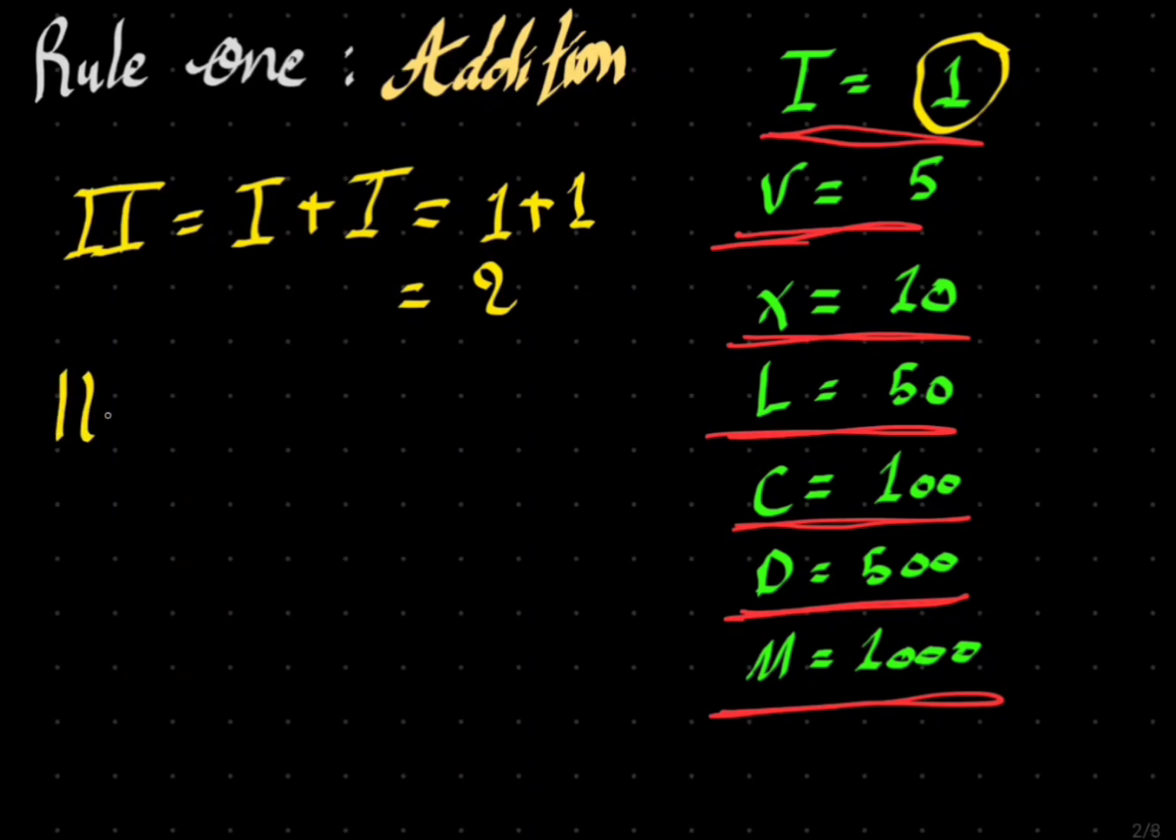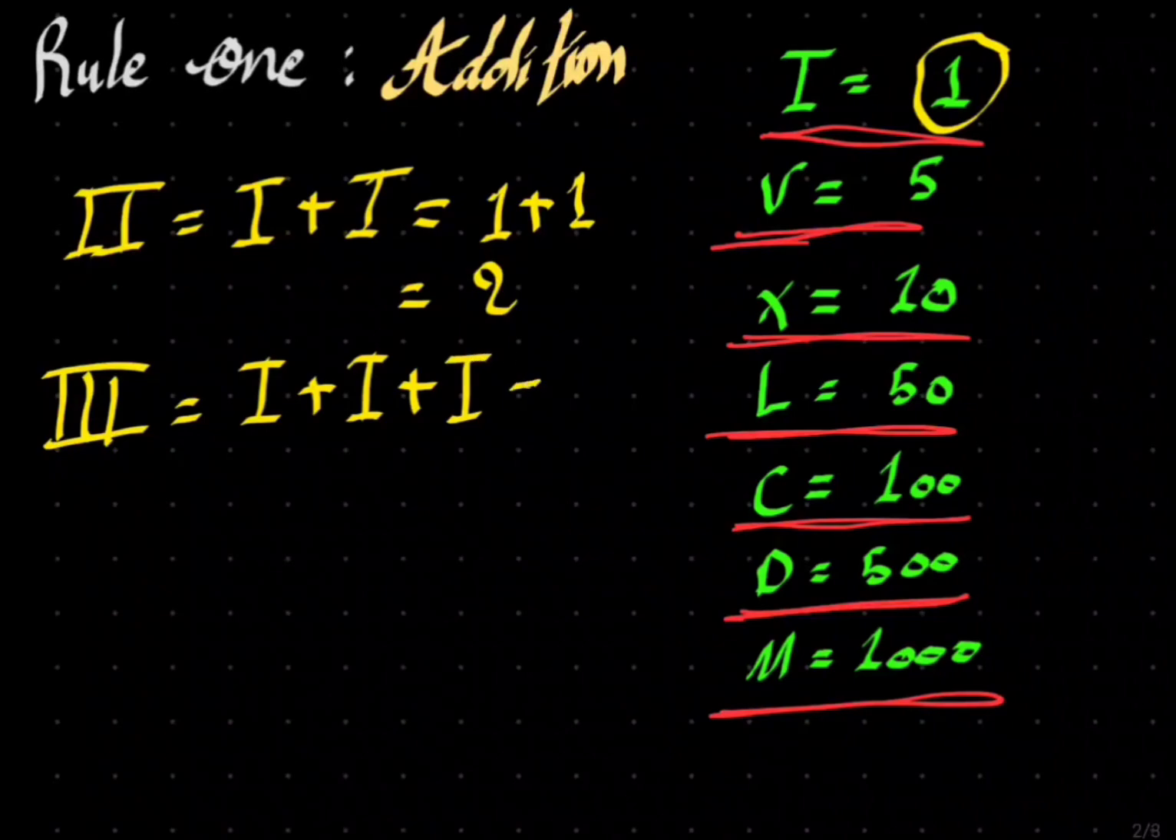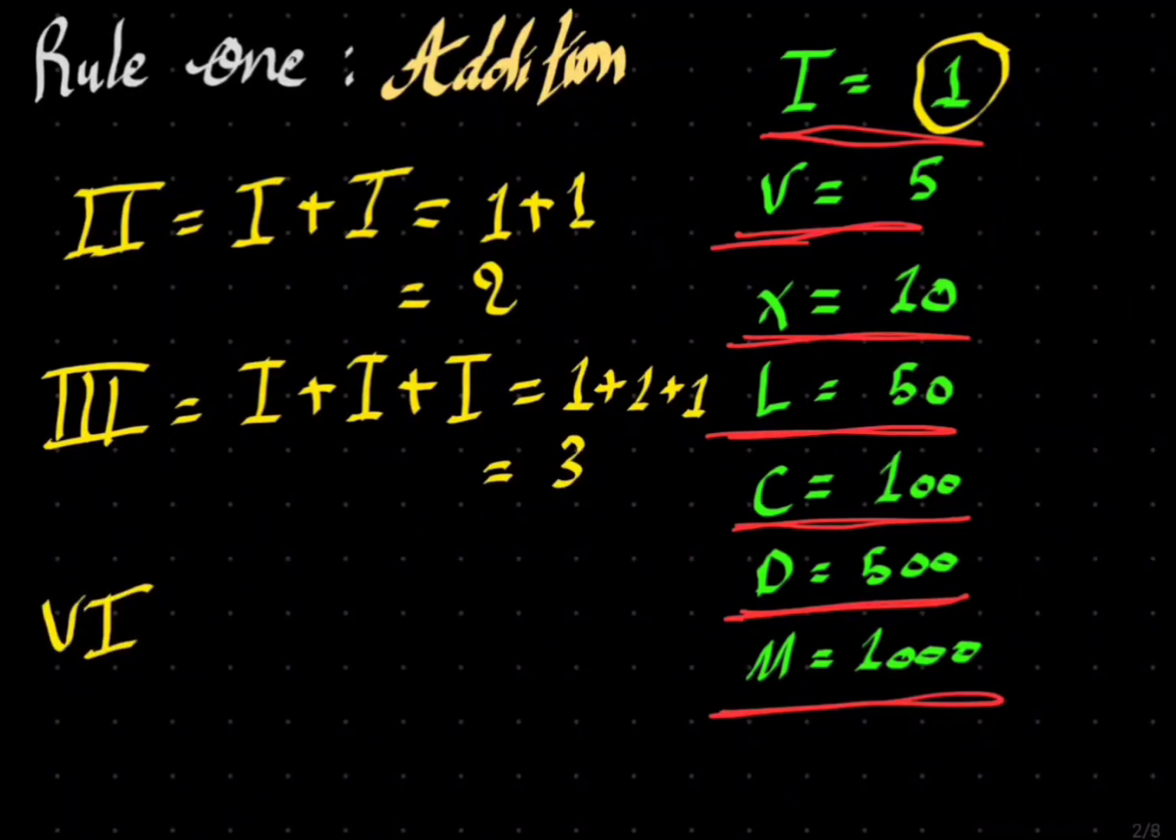Now let's take 3 I's, which equals I plus I plus I, which equals 1 plus 1 plus 1 equals 3. Now how about VI? V, it's 5, plus 1, which is the I,